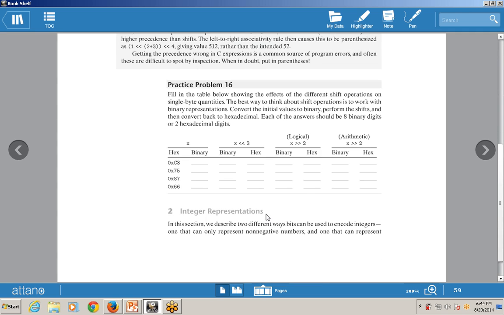Next is your integer representation. Till now we have covered how we can store the information in the computer system. Now the next topic is integer representation. I think that's enough for today's session, because this is a new topic, so I want to start it on a new day, that is tomorrow. So that's all for today's session. But before taking doubts, I can recap the whole thing which we have covered in today's class.